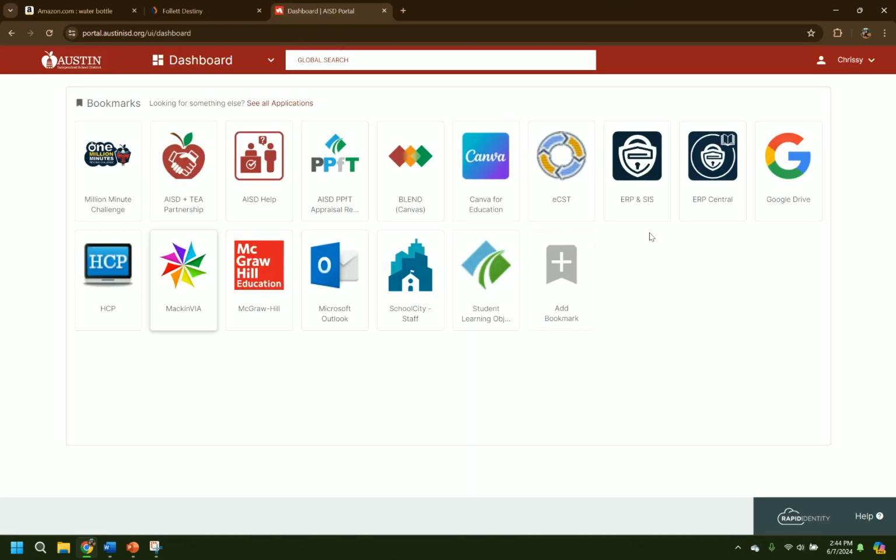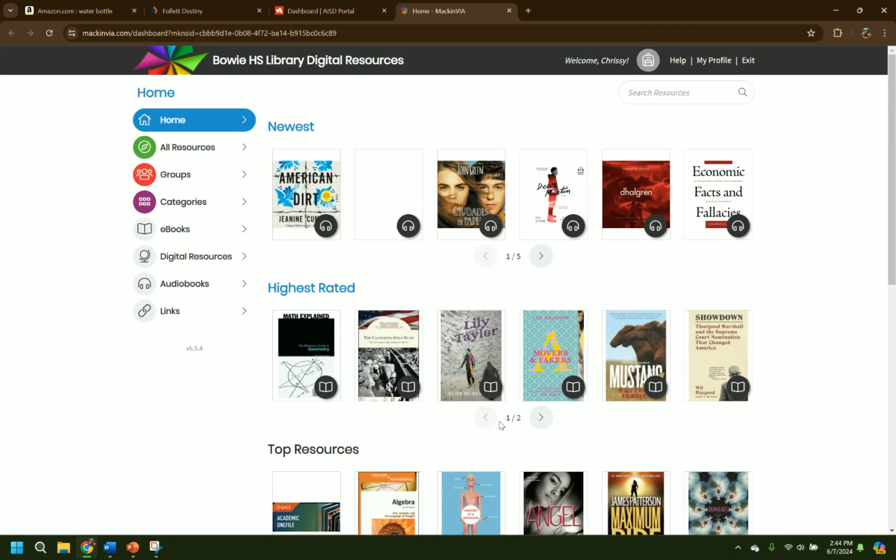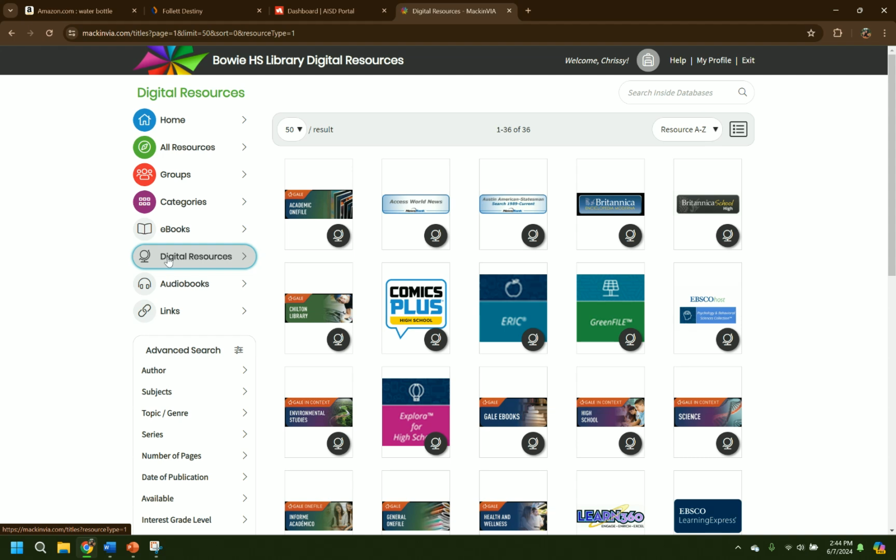And I'm going to get to that through my portal. So as you can see, I'm already logged into my AISD portal. I'm going to click on my Mackin Via tile. Now, Mackin Via has a ton of stuff, okay? It's recommending me some audiobooks here, but I'm going to go over to digital resources because that's where my databases